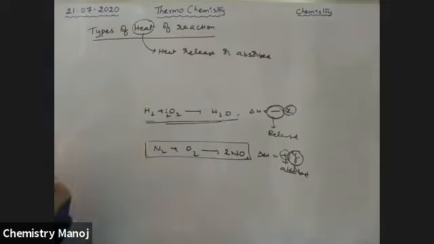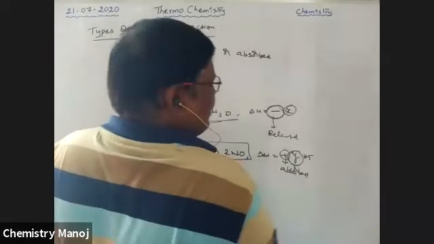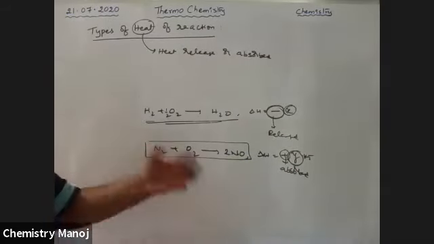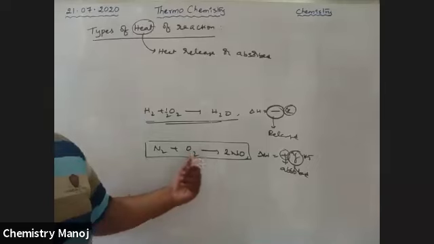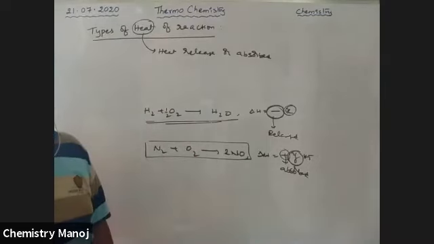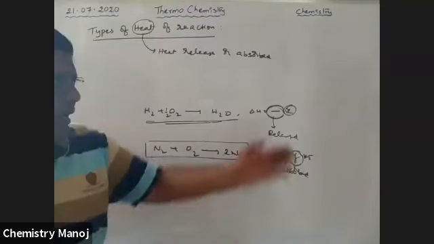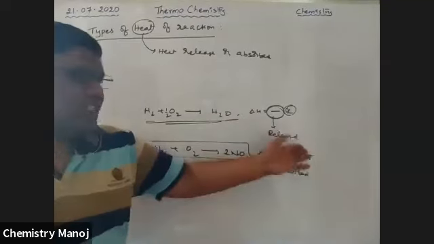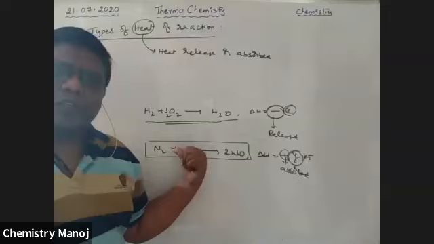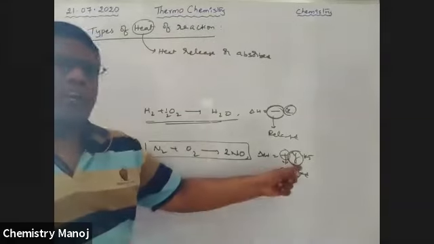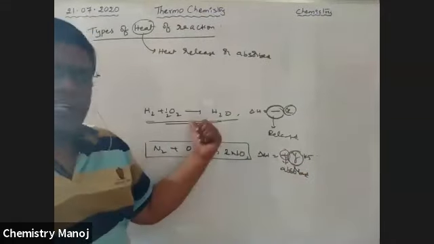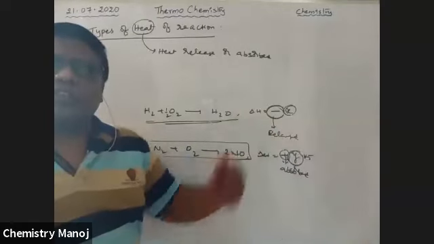Y is in kilojoules; I am giving the units. Y kilojoules of energy is utilized to react this N2 and O2 to form NO. This is absorbed energy and that is released energy. Whatever it may be, X is the heat of this reaction and Y is the heat of this reaction. For this reaction, Y kilojoules of energy is absorbed, and for the other, X kilojoules of energy is released.